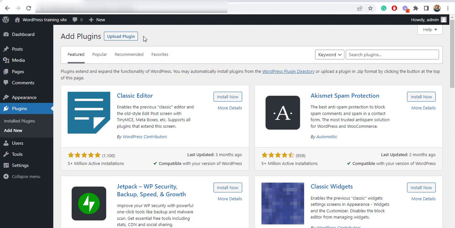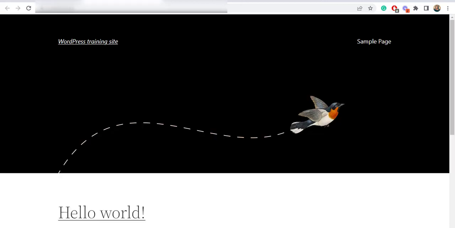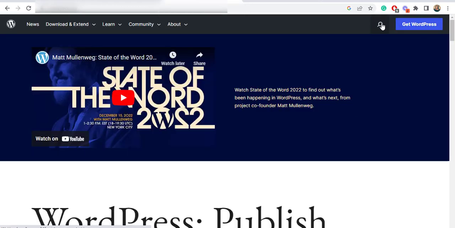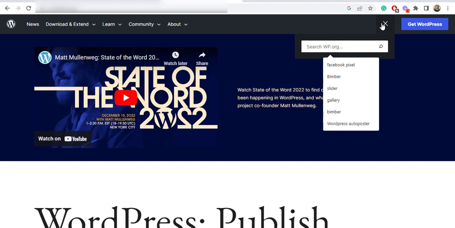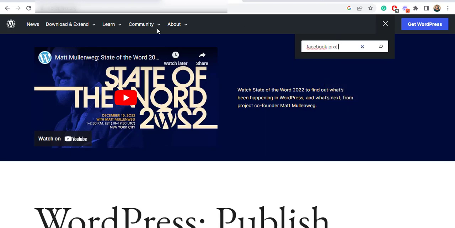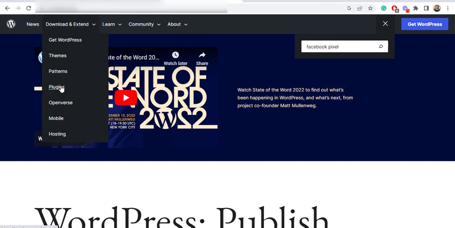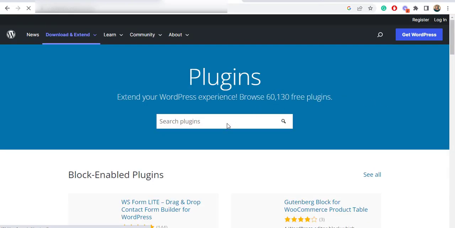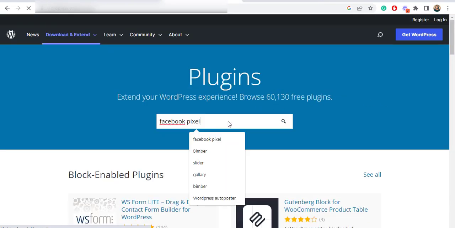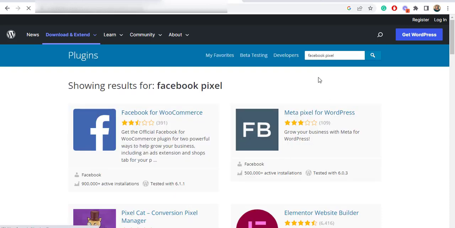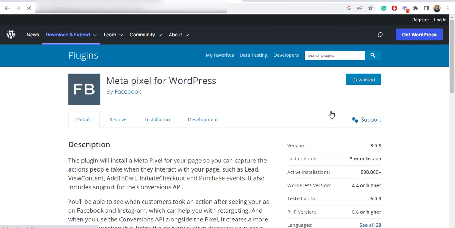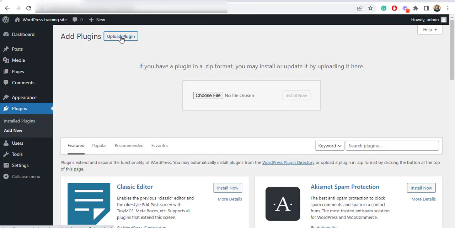If you haven't downloaded it, you can navigate to wordpress.org, and from the search area, you can type Facebook Pixel. The alternative is to navigate directly to the plugins page, and in the search area for the plugin, you download Facebook Pixel. The same Pixel plugin shows up. I'll click on MetaPixel for WordPress, select download, and once it's done, you navigate to your WordPress, select upload plugin,